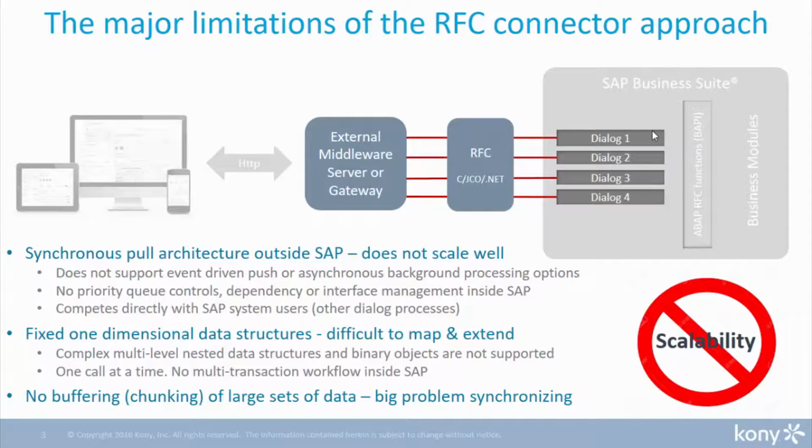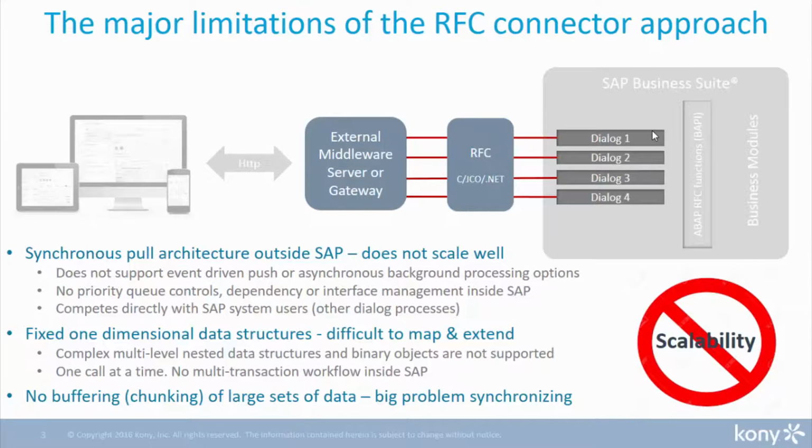First and foremost, there's no event-driven push capability, meaning that the mobile applications via the external middleware server continuously poll and pull information from the SAP environment rather than push out changes as they occur inside of SAP. There is no support for asynchronous priority queue processing, dependency or interface management inside of SAP, allowing you to effectively throttle transaction storms and process transactions in context and harmony with everything else that's going on inside of the SAP environment. You are effectively competing directly with the other online users for SAP resources, with little or no load balancing